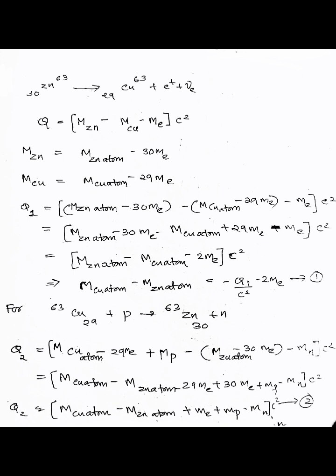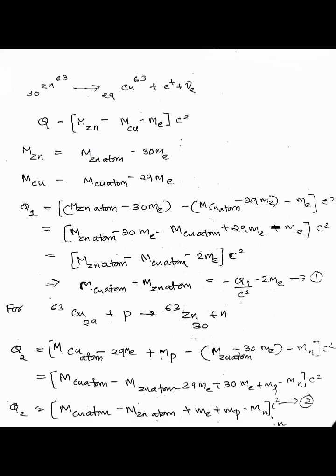In the reaction, 30Zn63 gives 29Cu63 plus e plus nu e. We know that the Q value is equal to m of Zn minus m of Cu minus me into c square. And m of Zn is equal to m of Zn atom minus 30 me, and m of Cu is equal to m of Cu atom minus Z, here Z is equal to 29, so minus 29 me. So Q1 is equal to,